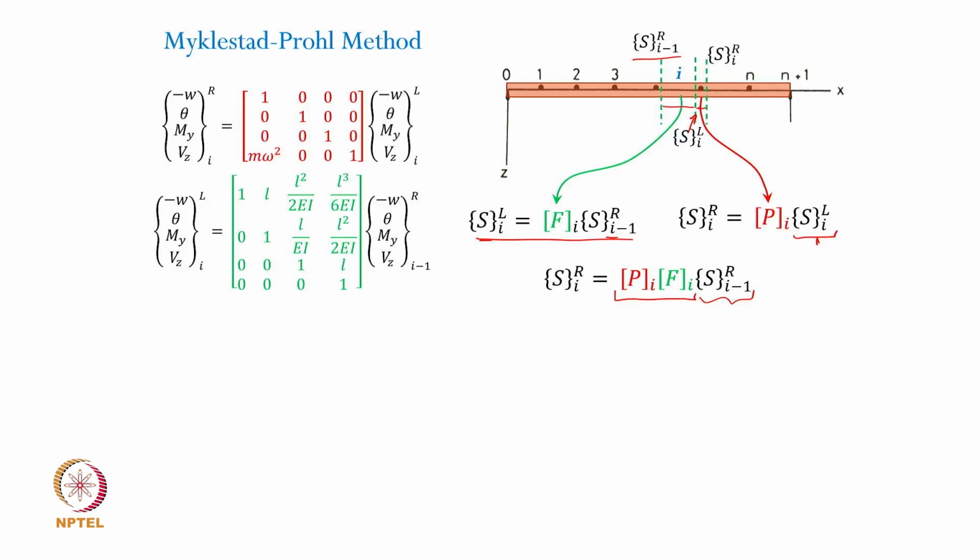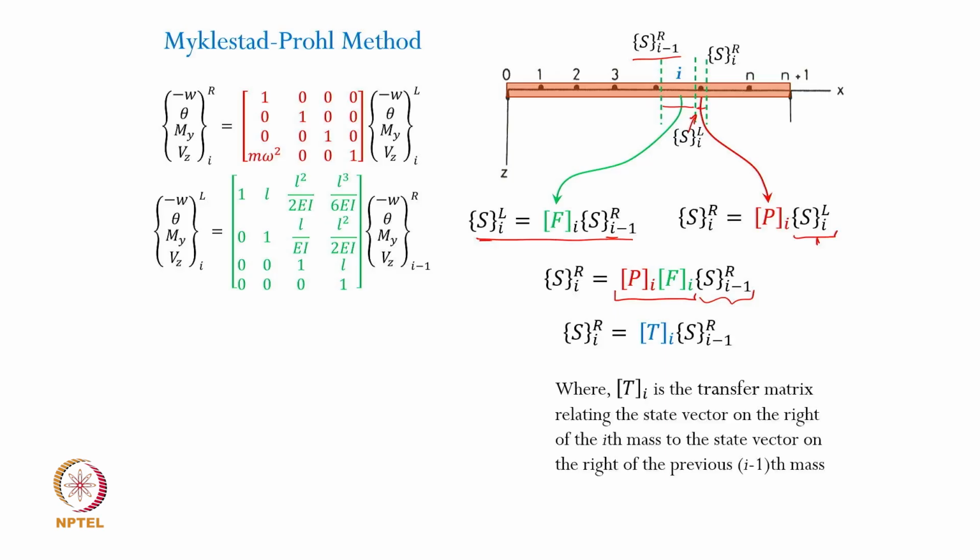So they should come in the same sequence. First the point mass followed by the field matrix, point matrix followed by the field matrix. And now we club these two matrices just the way we did it for the Holzer method. Now we call the transfer matrix as a product of the point and the field matrix, and once you do that,